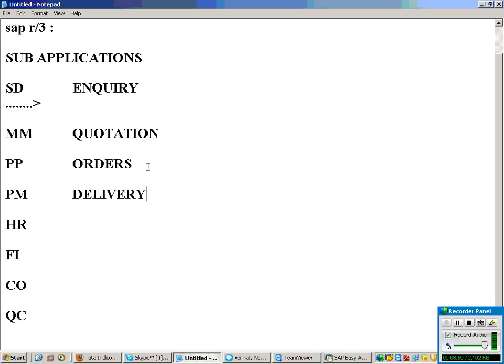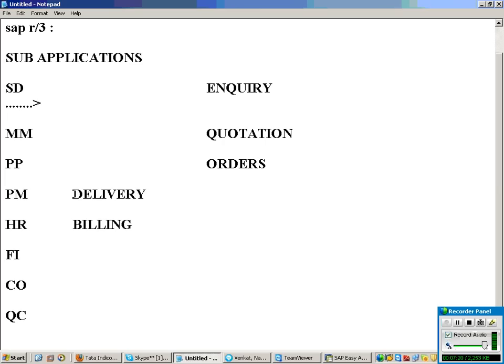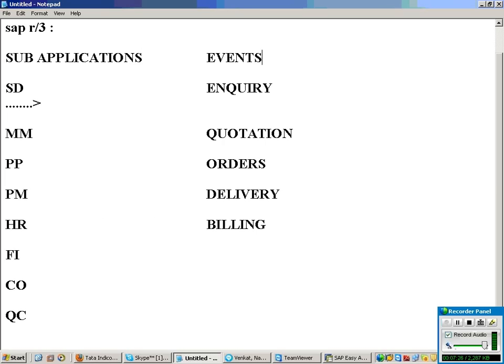So now once the production is done, once the delivery date comes, what you will do? You will deliver your product. So once delivery is done, finally, what is that now? Billing. That is invoice. That is, you receive the amount from your customers. Understand? So like that. So in sales, now I have data related to what? Enquiries, quotations, orders, deliveries and billing.